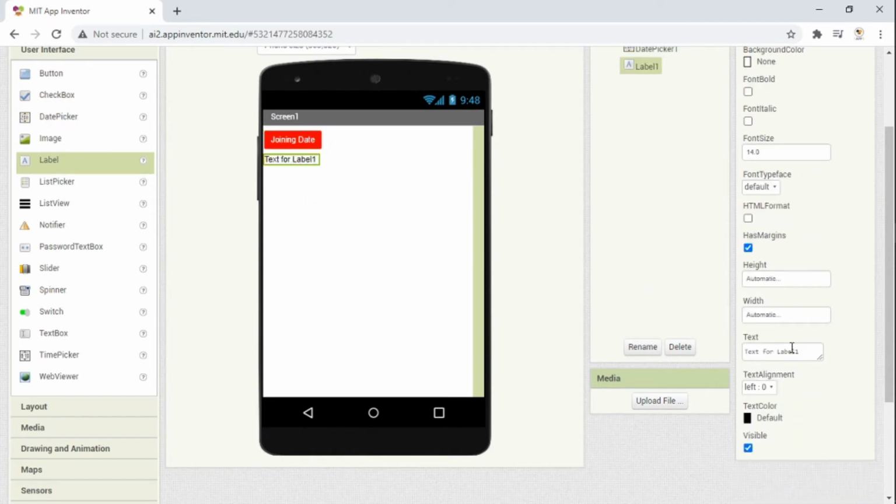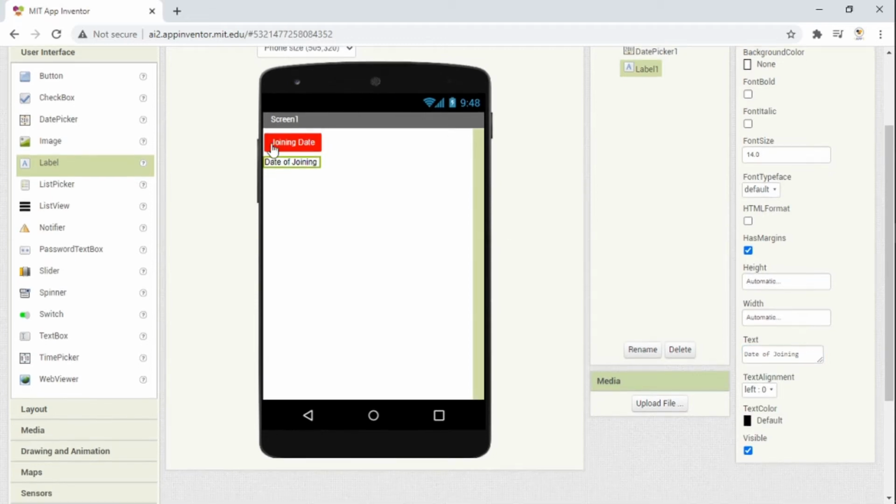Here I set the label to Date of Joining. There are two things here. First is the date picker, named JoiningDate, and second is the label, named DateOfJoining.